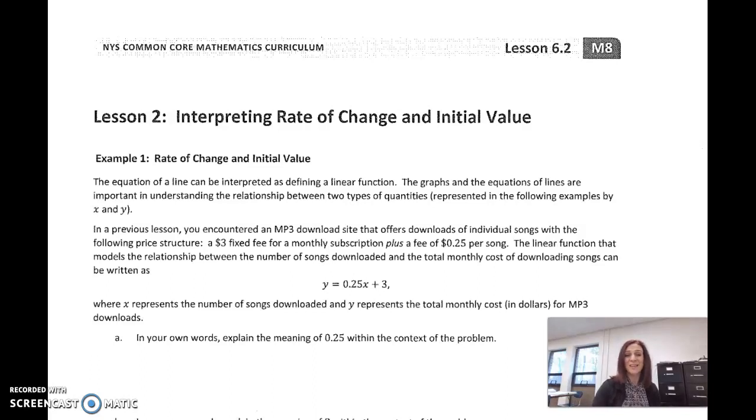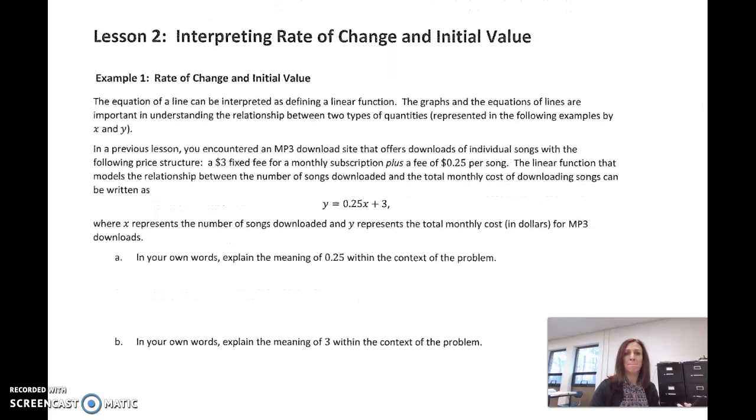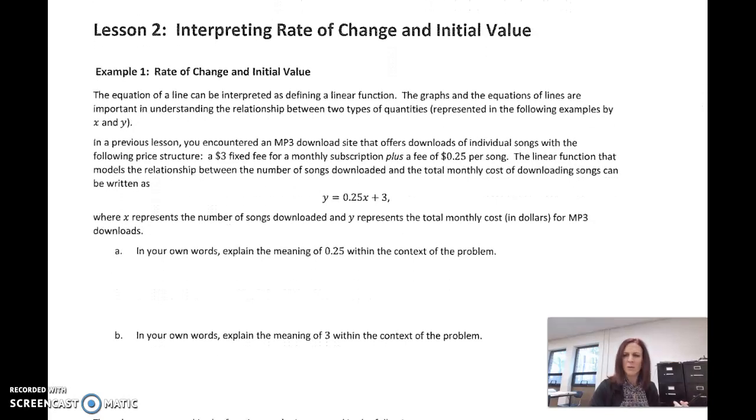All right, lesson 2 is on interpreting rate of change and initial value. Now, hopefully this isn't a brand new idea to you because we've been talking about rate of change and initial value. And like I said, a lot of what we're doing now is stuff we've been working on. We're just making some tweaks to it. We're thinking it a little differently. So I want to start with